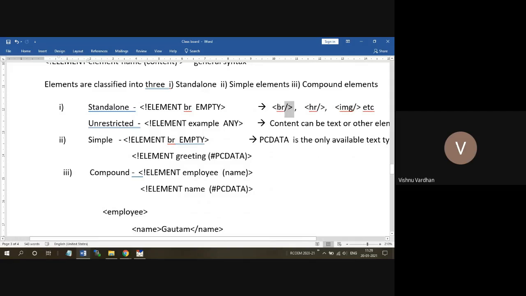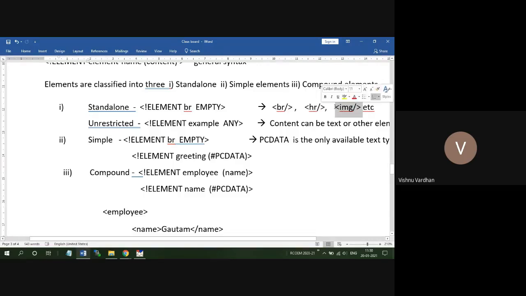So this is the starting tag as well as the ending tag. And in the very first class I have said that this is called a self-closing tag also. Self-containing tag, self-closing tag, empty tag, standalone tag. Name can be anything because different books say different names. But generally an empty tag or a standalone tag or self-containing tag is nothing but the element that you are going to create in this way. So in HTML, BR for the break, HR for the horizontal line, image, all these are nothing but the self-closing